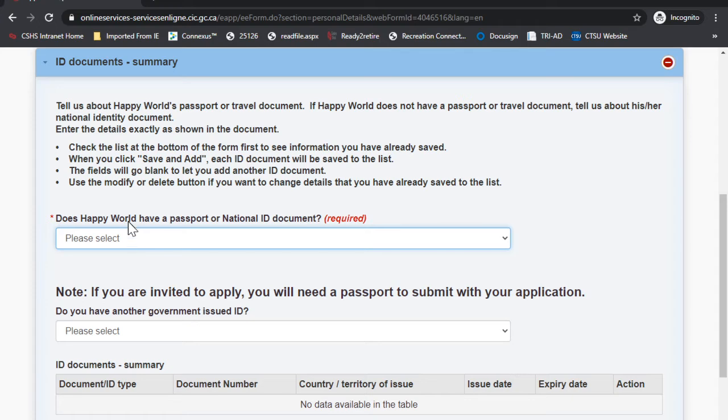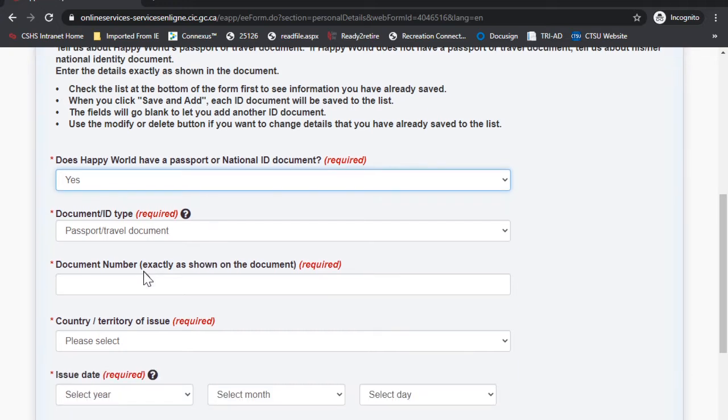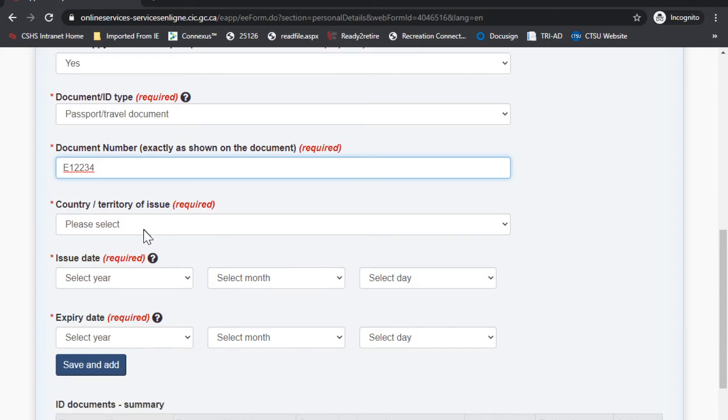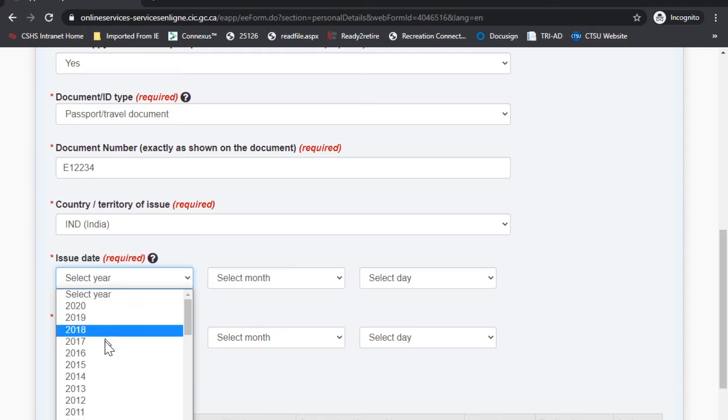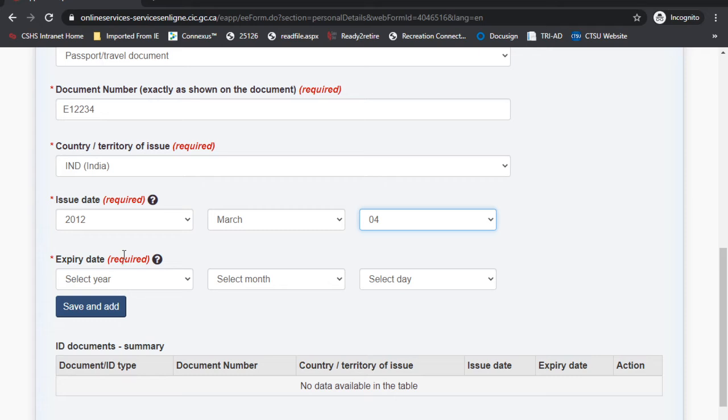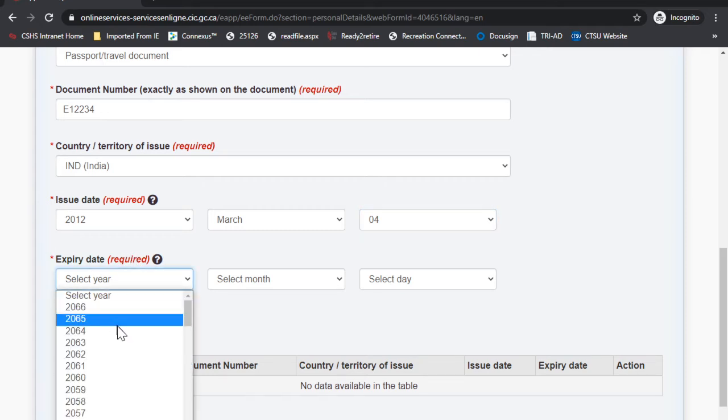It's asking if you have a valid passport or national ID document. Select yes for passport. Then document number, country of issue, and date, so let's say 2012. Since a passport is usually valid for 10 years, let's select accordingly.